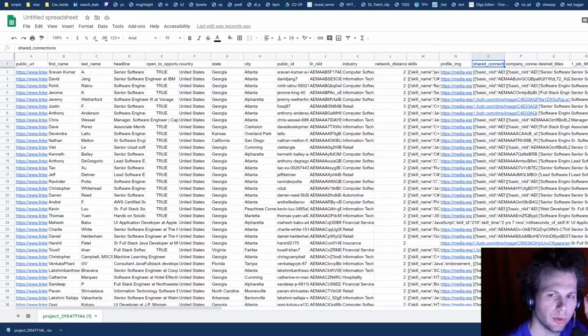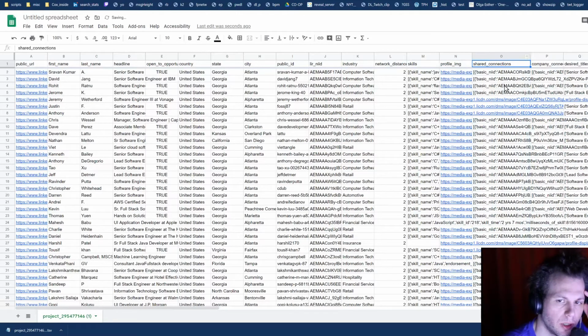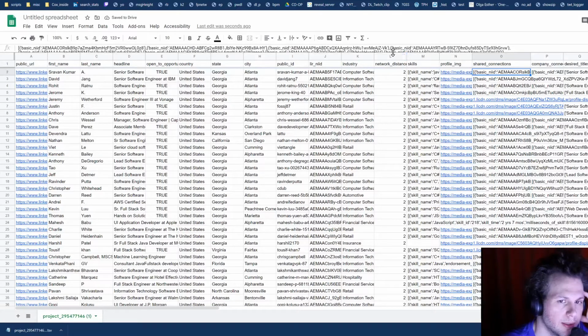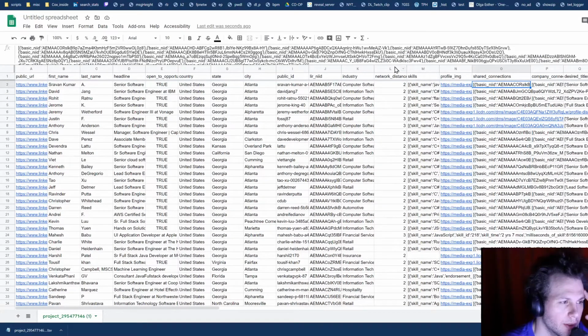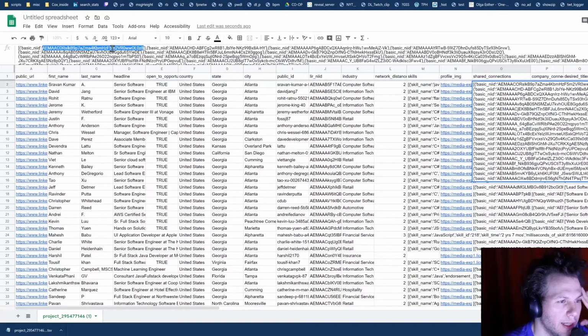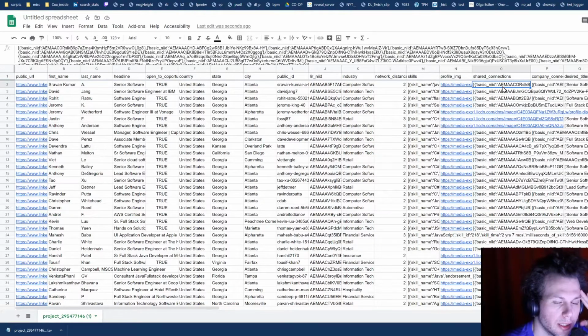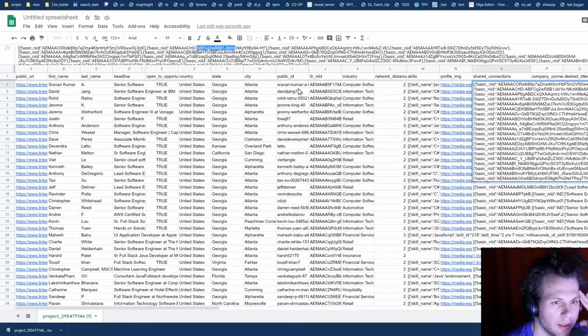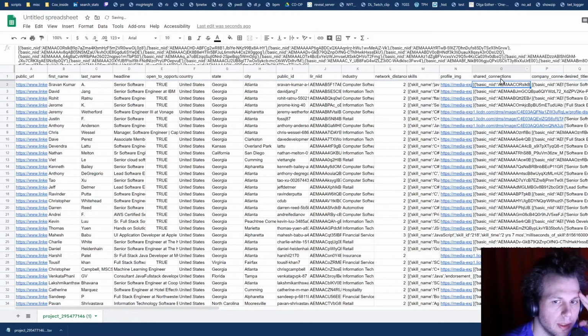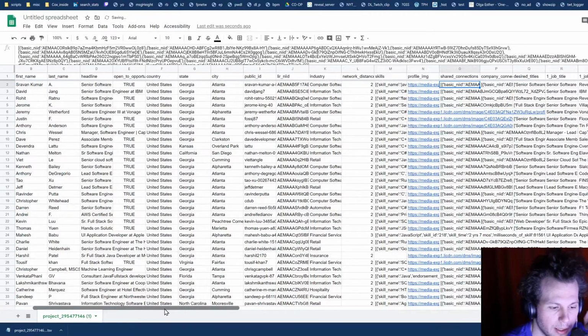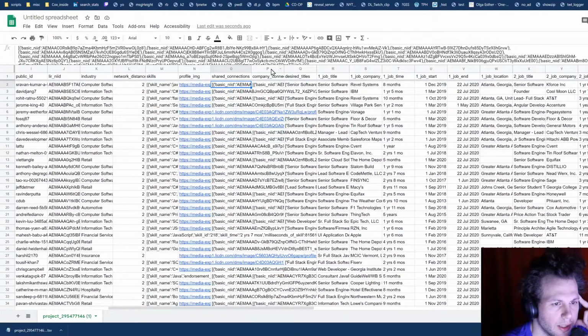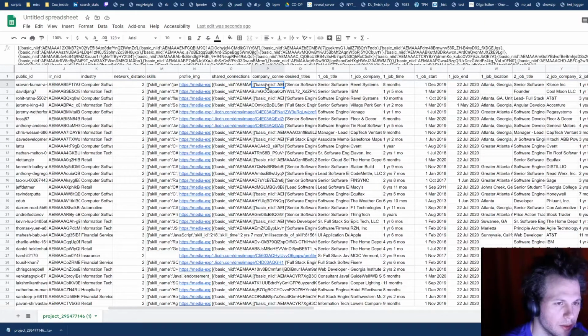shared connections. So here there's a few columns that you'll see some JavaScript in, essentially. Well, it's JSON. And what we have here are the IDs of the shared connections. So these are the same thing as this. And this can be referenced to open up shared connections. I'm not doing anything with it at the moment, but it might be useful, so it's there. Same thing for company connections. So these are connections as you're viewing profiles where the individual has worked with somebody that's presently at your company,